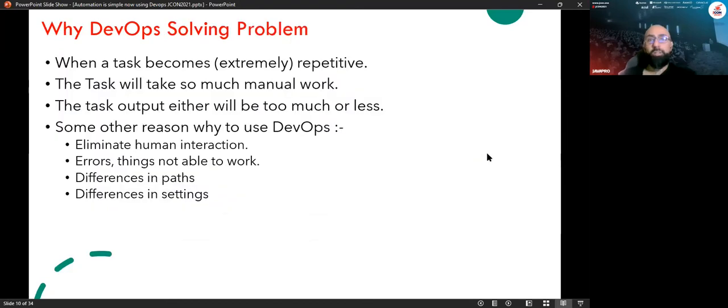And how does DevOps solve the problem? Okay, I use DevOps in the company, but how is it going to solve my problem? For example, there are repeating tasks every day. Instead of doing this repeating task on a daily basis, you can just automate it using a script or a tool, and save time. You are also eliminating human interaction, so this allows you to reduce the risk of, for example, production errors or staging errors or whatever.